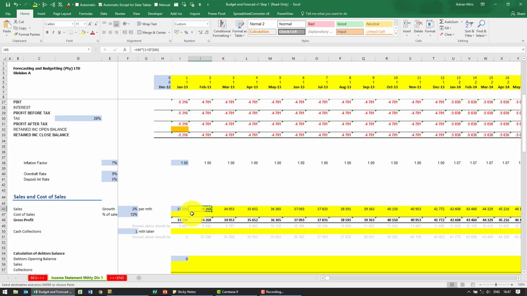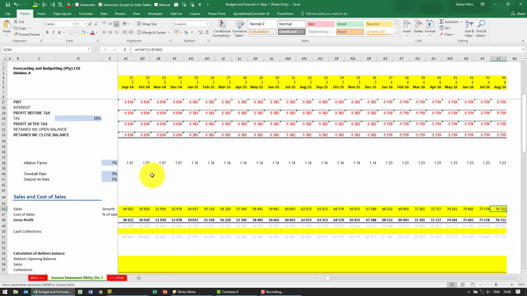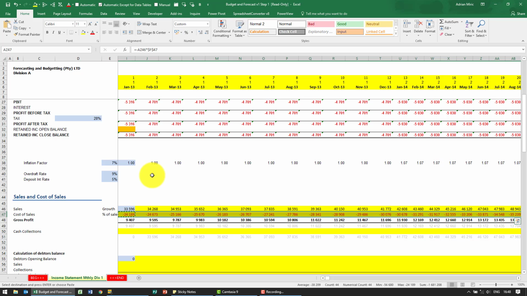And then in I47 over here, we want to use a cost of sales based on the percentage in F47, and we need this to be a negative. So what we want is we're going to say equals negative whatever the sales is multiplied by that percentage. Again, put the dollar signs on, copy it and paste it,